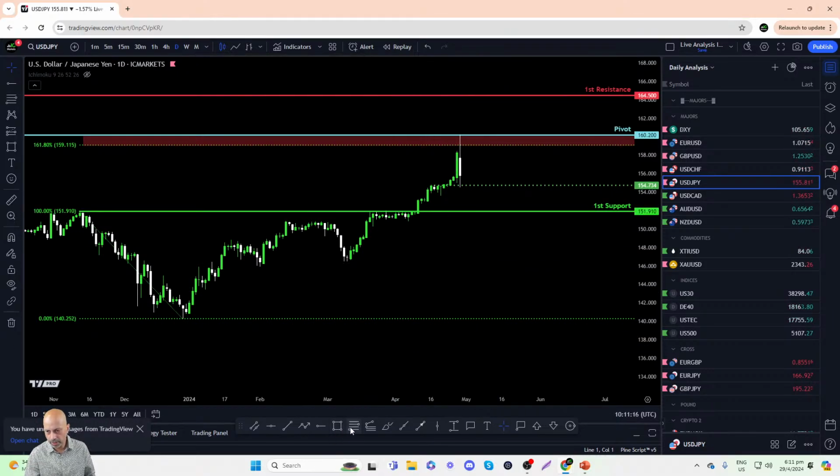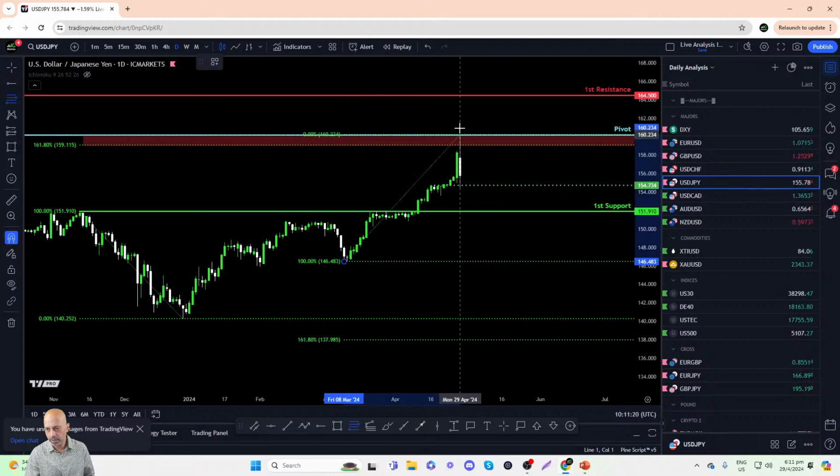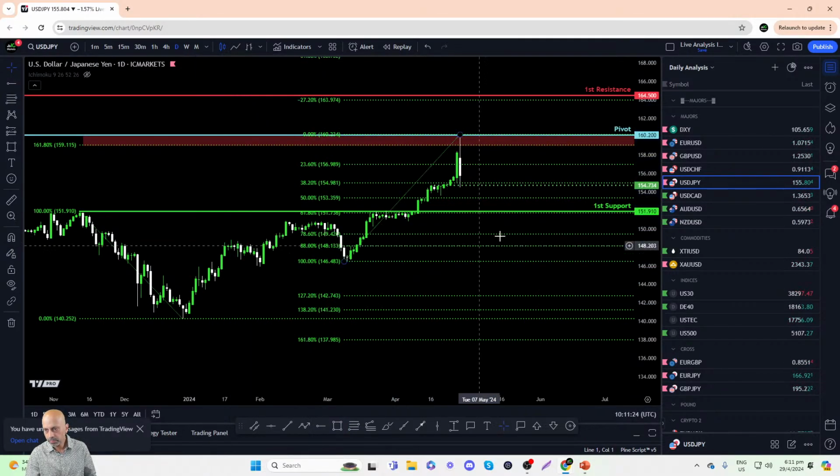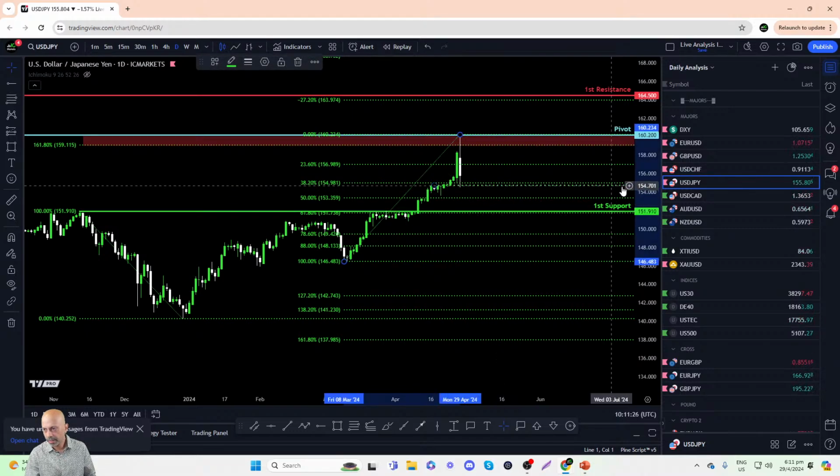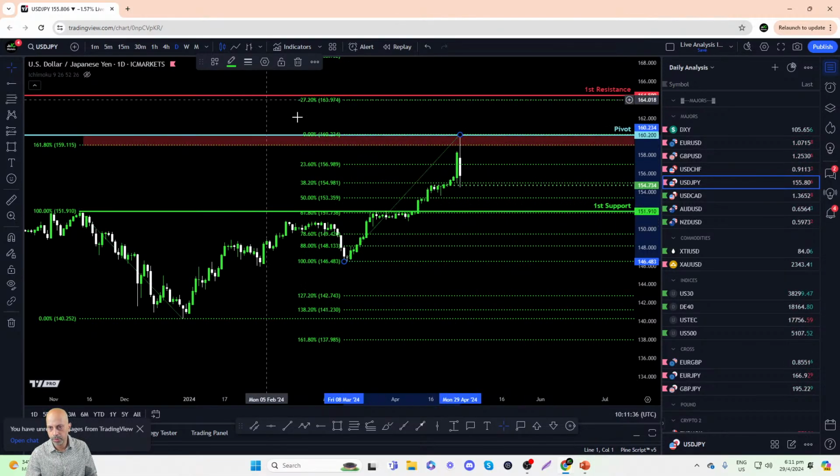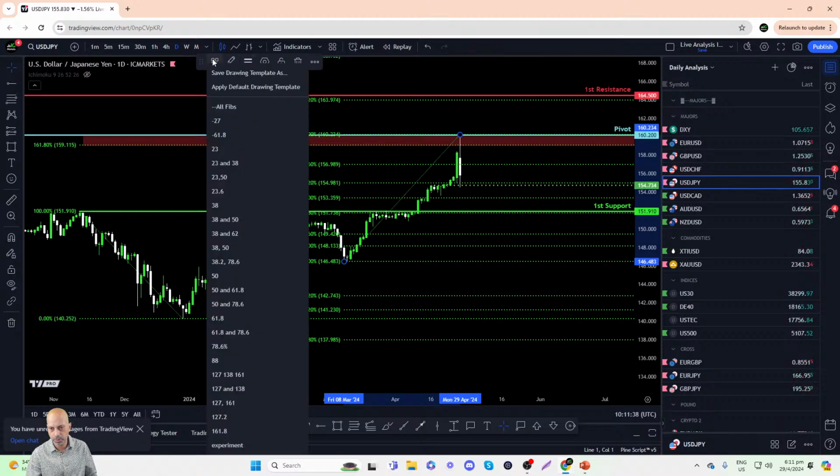Right, we can also run a Fibonacci retracement starting from here, 8th of March, going up to the high of today. Right, let's pull up all the fibs. We can see that this overlap level at 154.73, you also see a Fibonacci retracement at 38.2% aligned very well. And of course, we see the 61.8% retracement line up perfectly with the first support as well. So let's keep 38 and 61%.